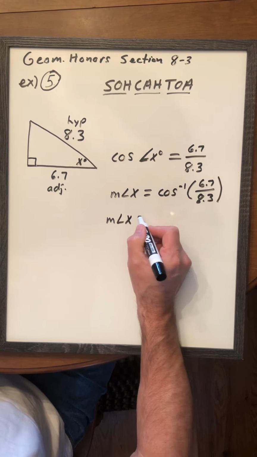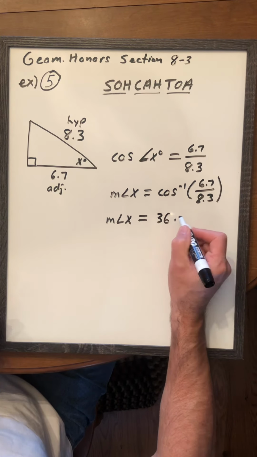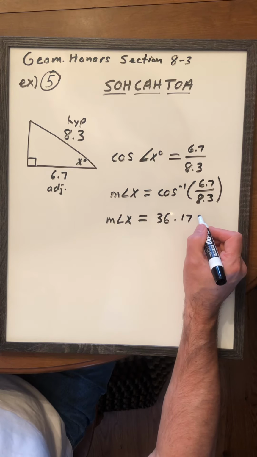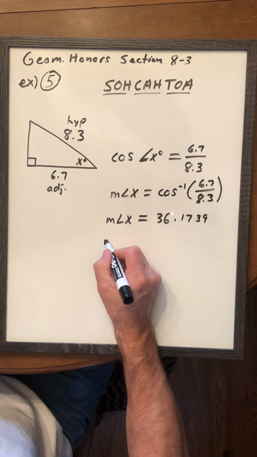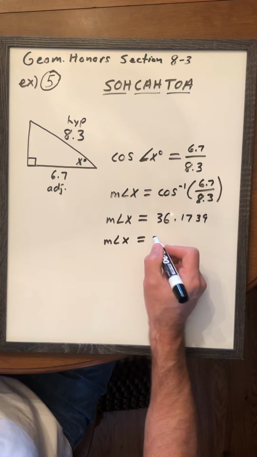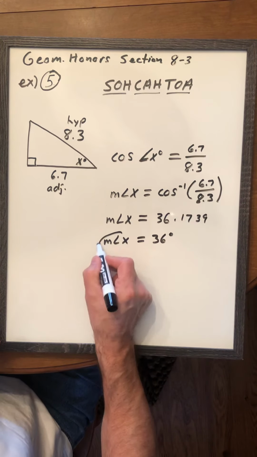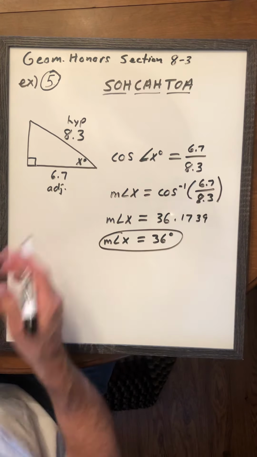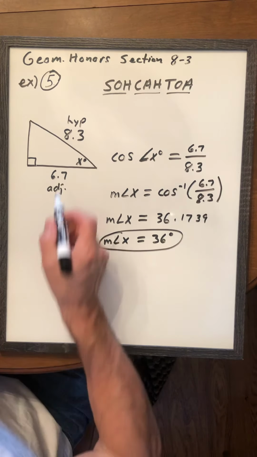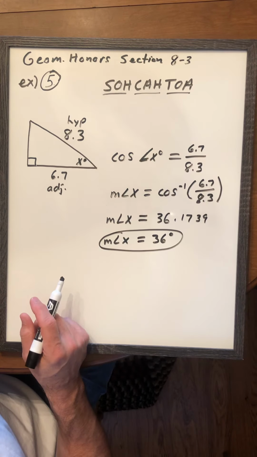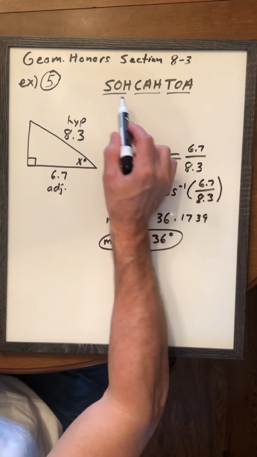The measure of angle X is equal to 36.1739, and we will round it to the nearest degree. So the measure of angle X is equal to 36 degrees, and that would be my answer for example number 5. So look at your diagram, label your parts like this: adjacent, that's hypotenuse,